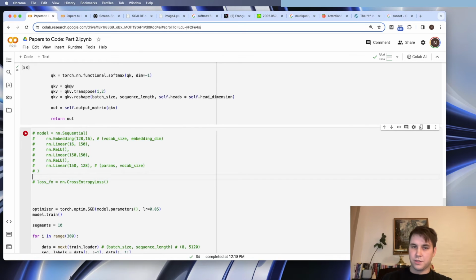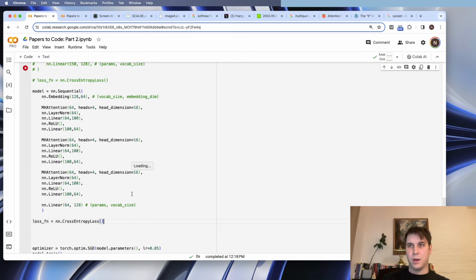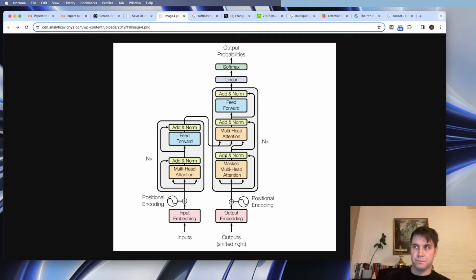What we can do is create a similar version, but this time it's with our multi-head attention. So I'm just going to define a layer, and each of these blocks is the same. But this is just roughly following what's going on here. So we have multi-head attention on the right side. This is the decoder. Multi-head attention, normalization, feed forward, normalization, more multi-head attention, and eventually we have a linear and